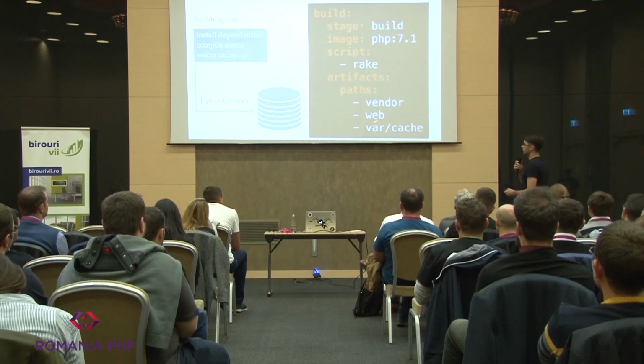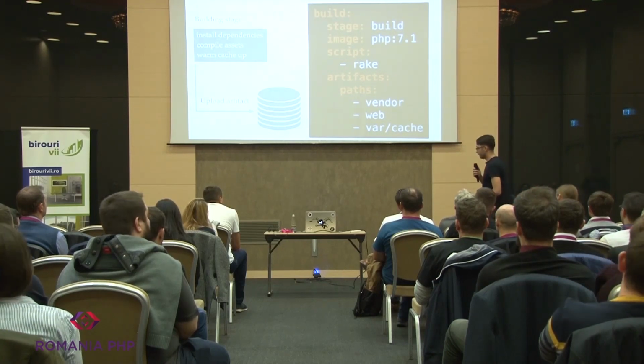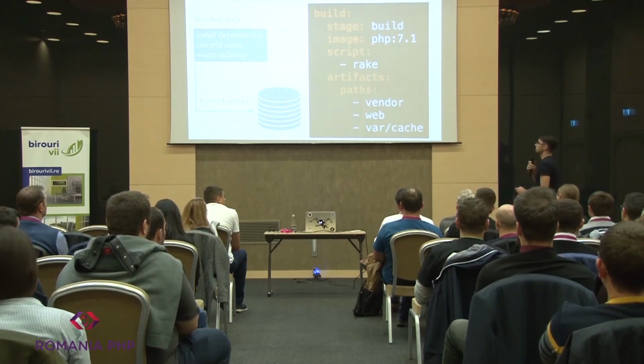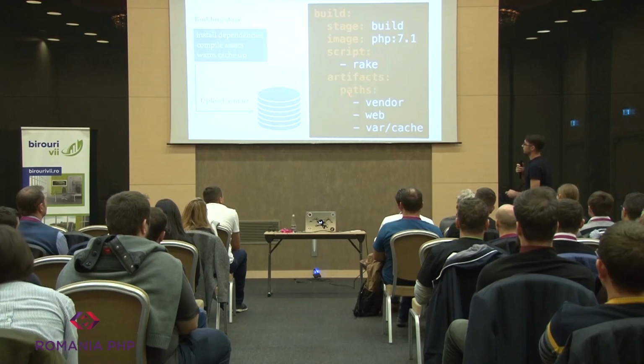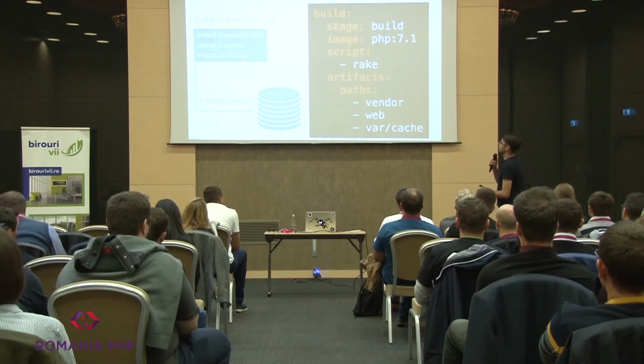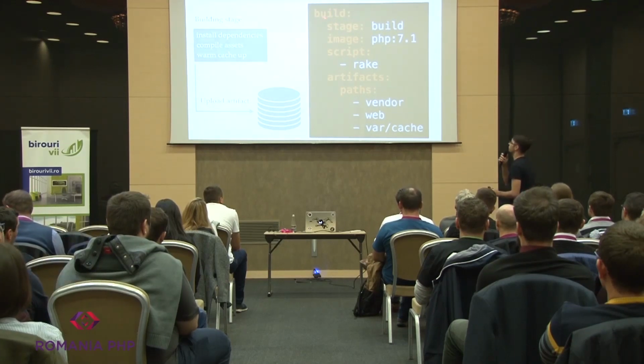So Composer and assets and cache in this case. And GitLab CI will then take care of spawning the Docker image, running the script, compressing and uploading the artifact. We don't need to worry about that at all. The only thing that we need to keep in mind here is the name of the job, build,